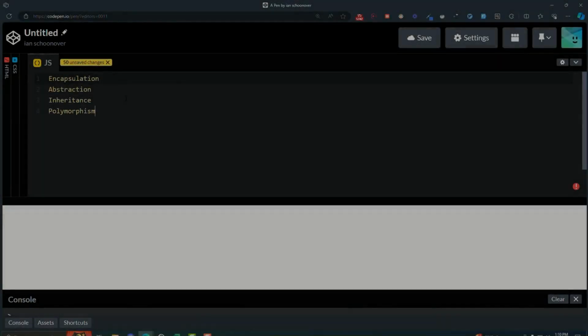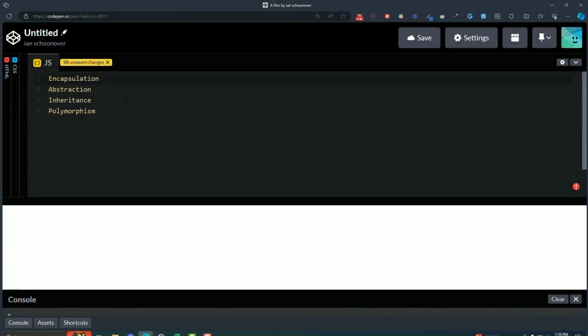When you walk away from this class, you'll understand the overview of what object-oriented programming is, why it's important, why we use it, why you would want to have something like classes in a programming language, and then you're just going to understand the essentials of object-oriented programming in the context of JavaScript. So whether you're writing code on the front end or the back end with something like Node.js, this will be